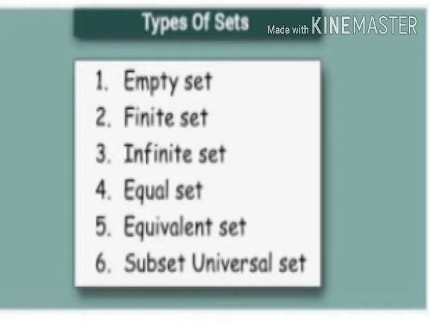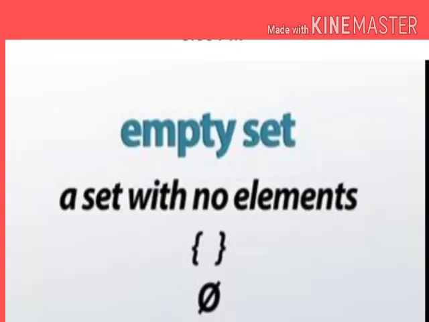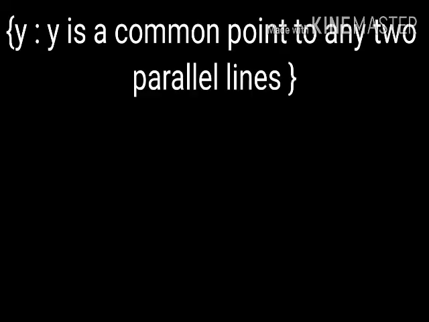First one, we have to see what is a null set. Null set or empty set or void set. Empty set means, from the word itself we can say, a set with no elements. We can use a symbol to represent the empty set. Look at the symbol: a pair of braces, or a slash and 0. So these are the symbols to represent an empty set.